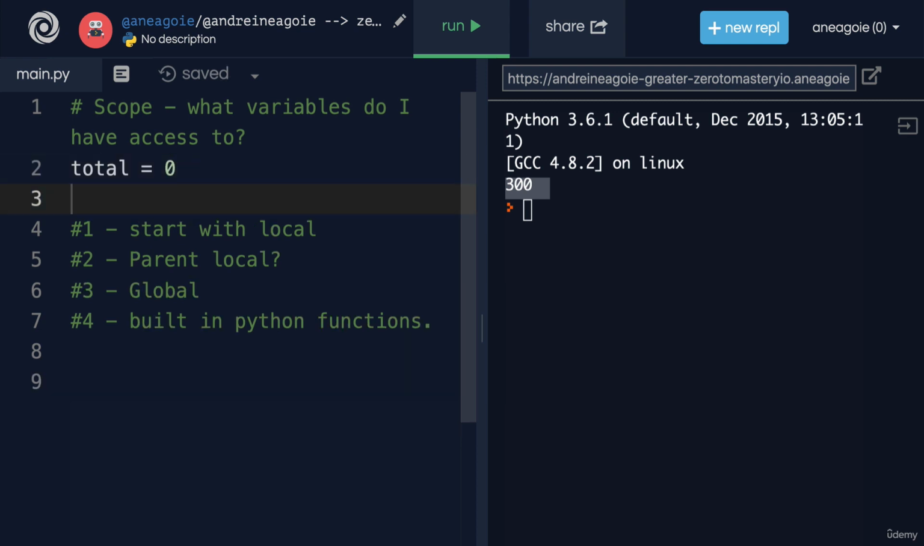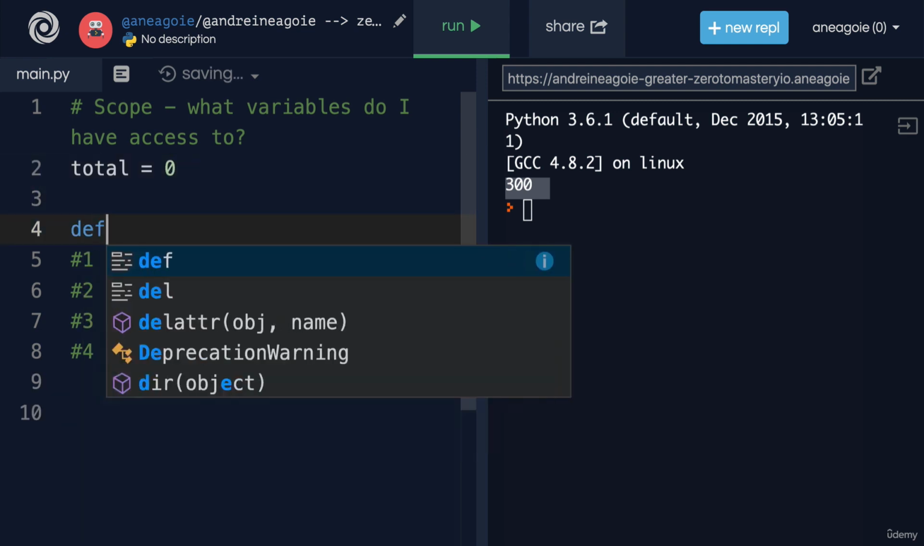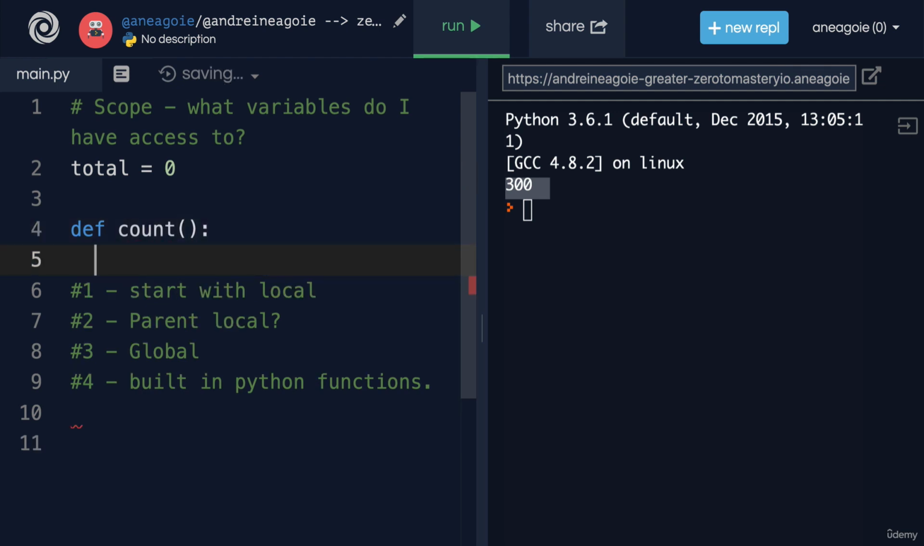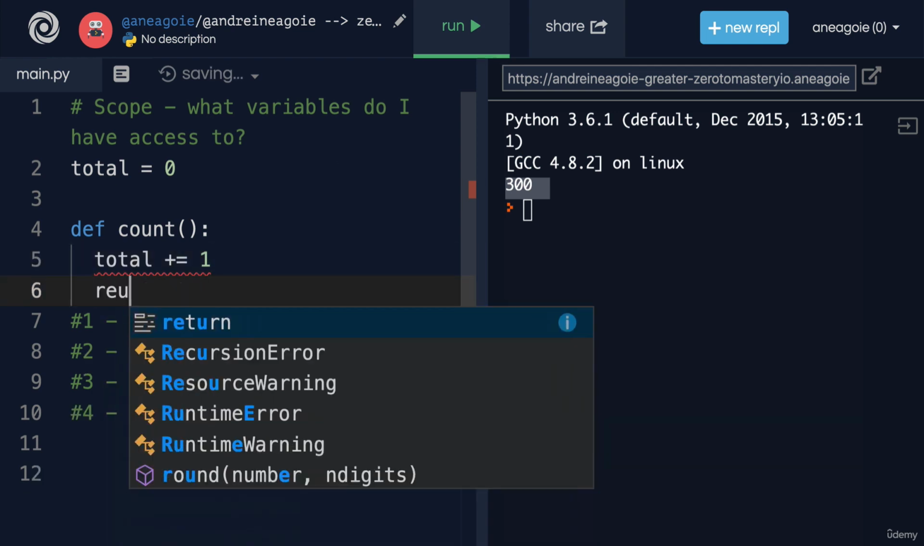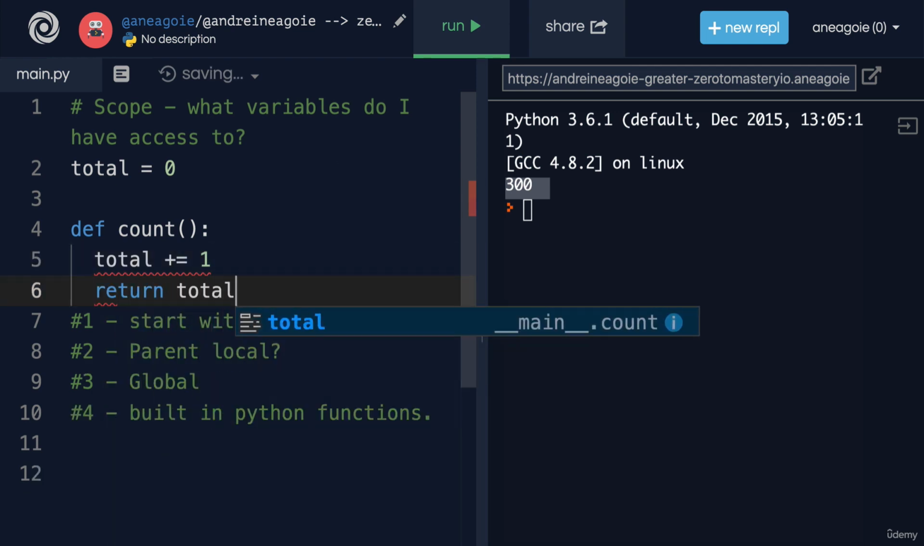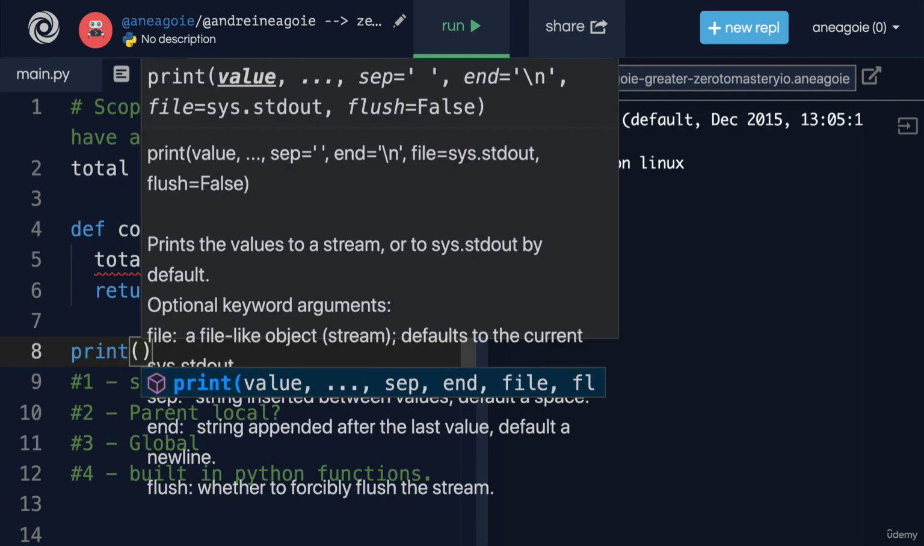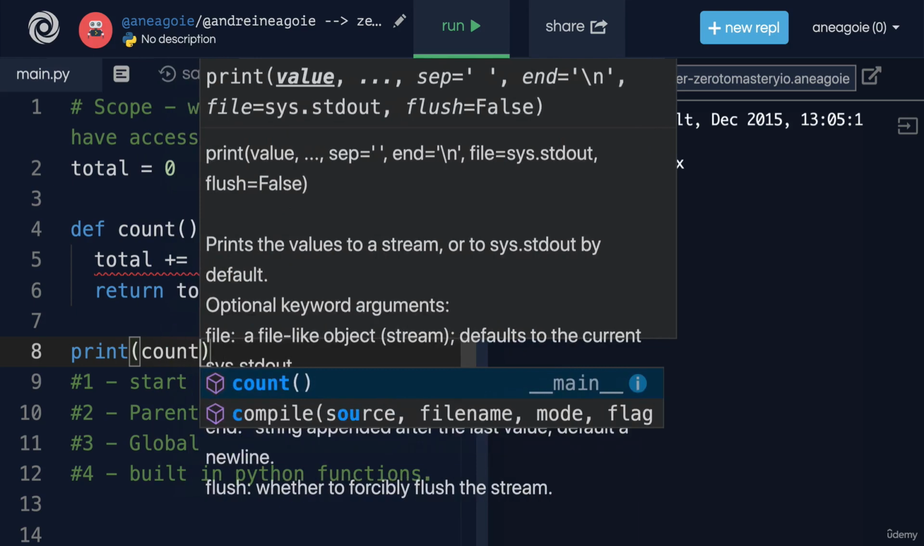And then in here, I'm going to say define count. And this function is going to say total plus equals 1. So we're going to add every single time. When we add count, it's going to increment 0 by 1, and then 1 by 1, and so forth. So we're going to return total at the end of this. Okay, so if I run here print count,